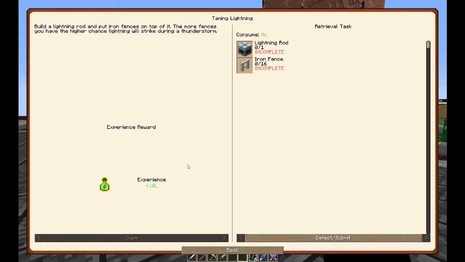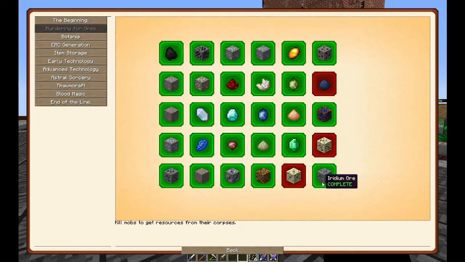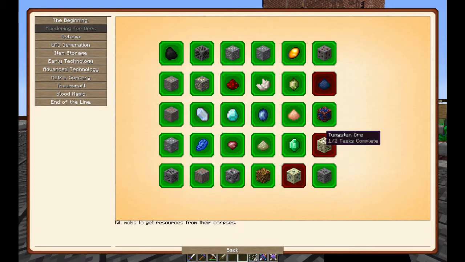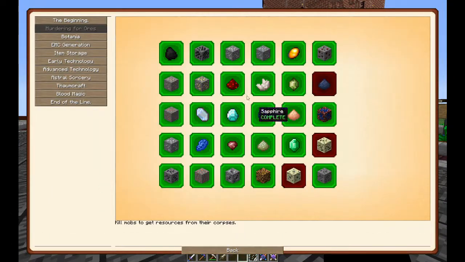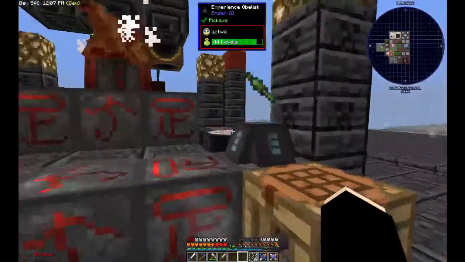I was looking for this chapter here. It's one of the 2 ores I get from the end. If I kill Enderman in the end, I get tungsten, I can get Sheldon Knight, and I can get Sodalite. And that would also finish this chapter. So for that I want to get into the